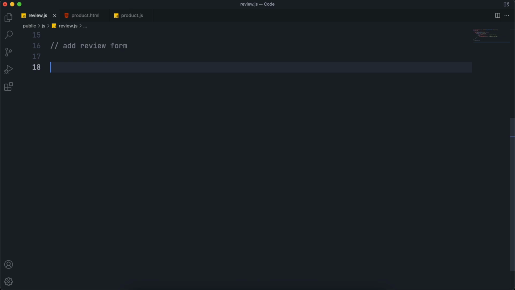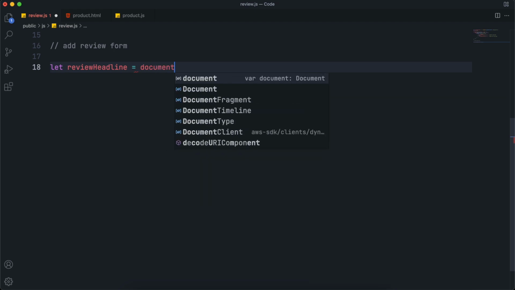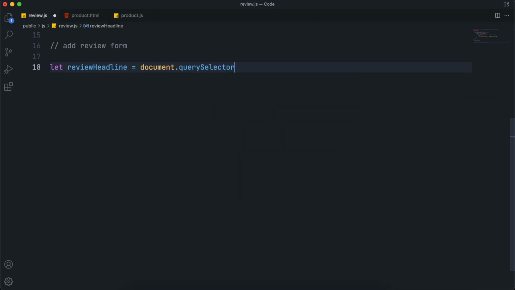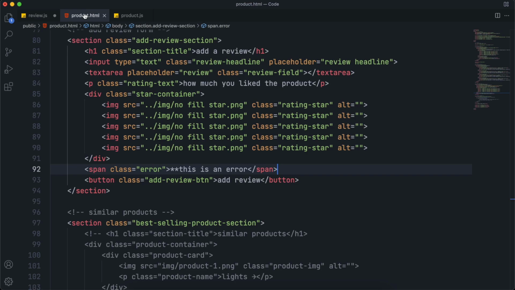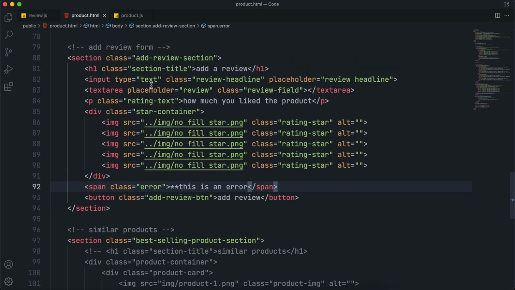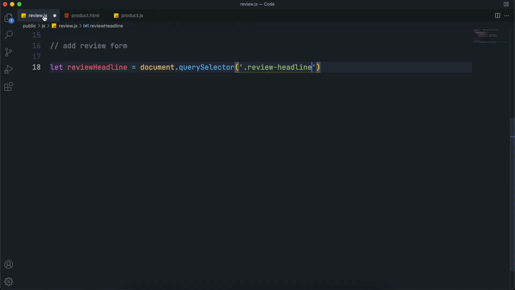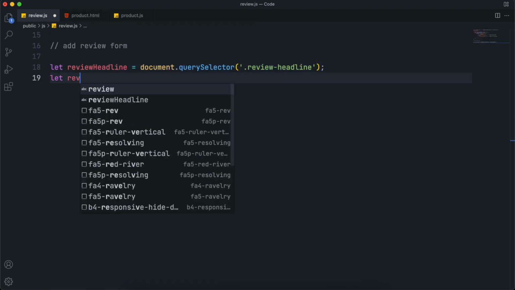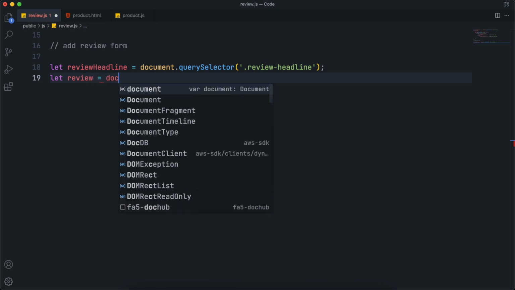So now let's select the add review elements. Define a variable, let's say review headline, and set it equal to document.querySelector and the class name of the element, which is review headline. Do the same to select all the input elements and the button.